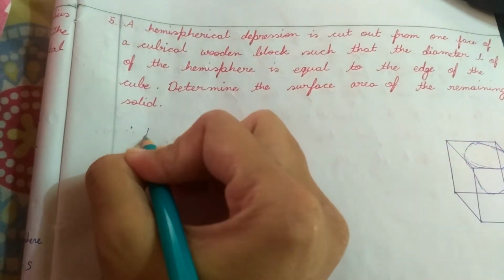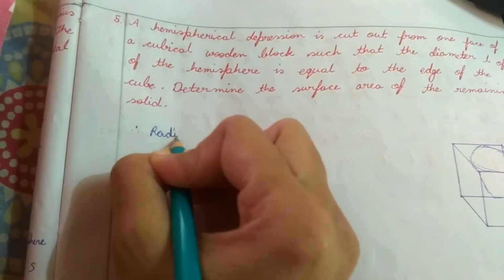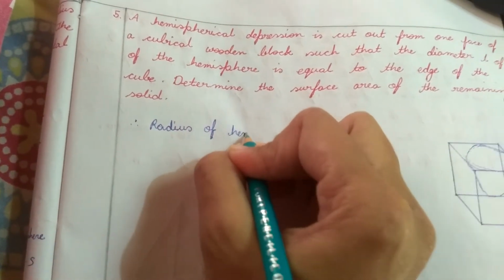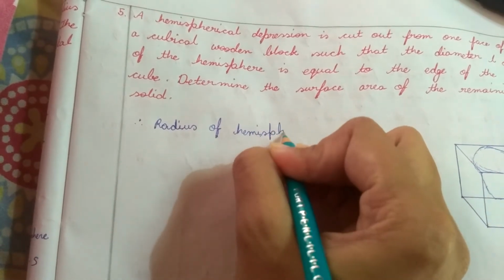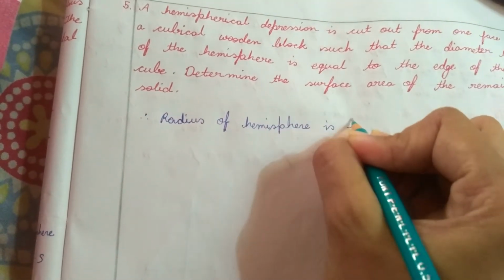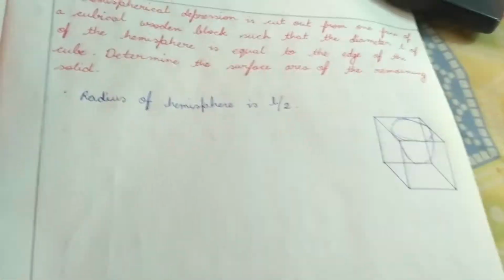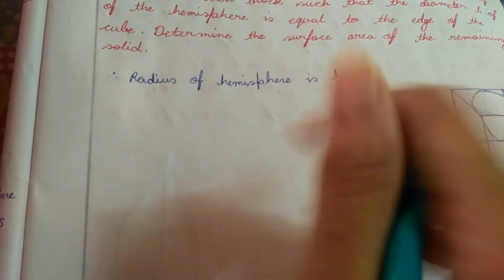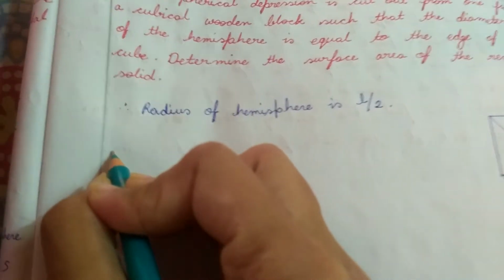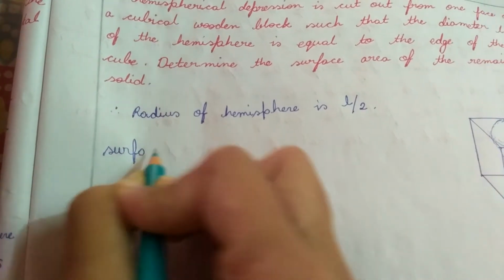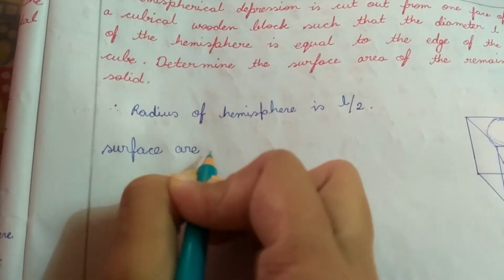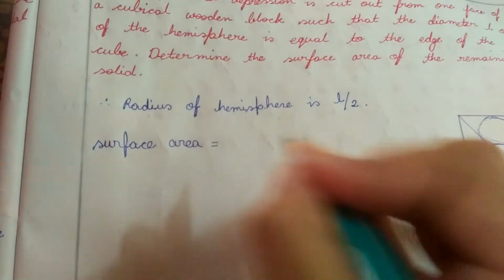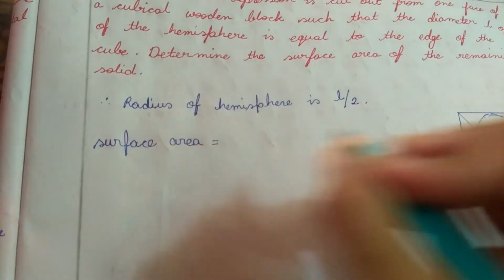Therefore, the radius of the hemisphere is L by 2. And now we have to find the surface area. So the surface area equals the curved surface area of the hemisphere,